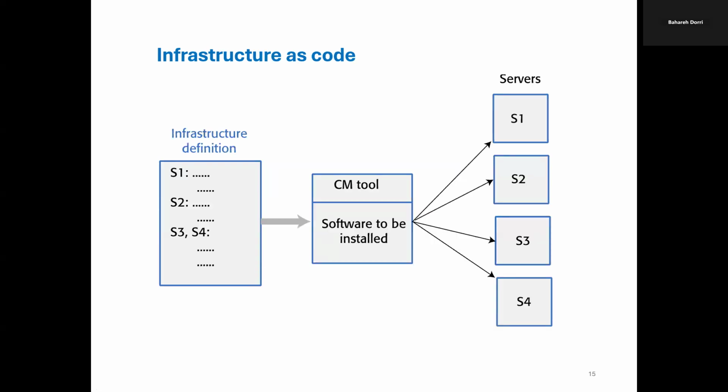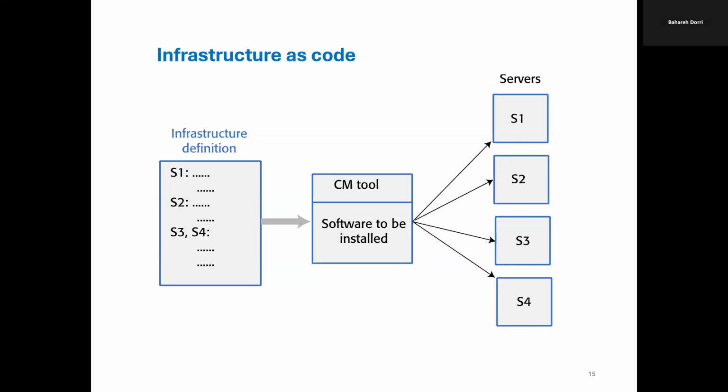This diagram gives us a visual understanding of how infrastructure as code actually works in practice. So over on the left, we have something called the infrastructure definition. Think of this as a blueprint. It's a script or configuration file where we specify what each server, for example, S1, S2, S3, or S4, needs. So for example, maybe S1 needs a web server and a firewall, while S3 and S4 need the same database